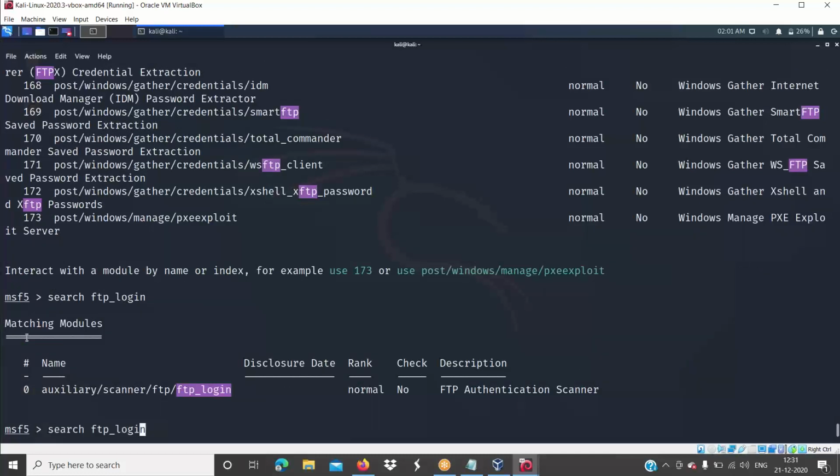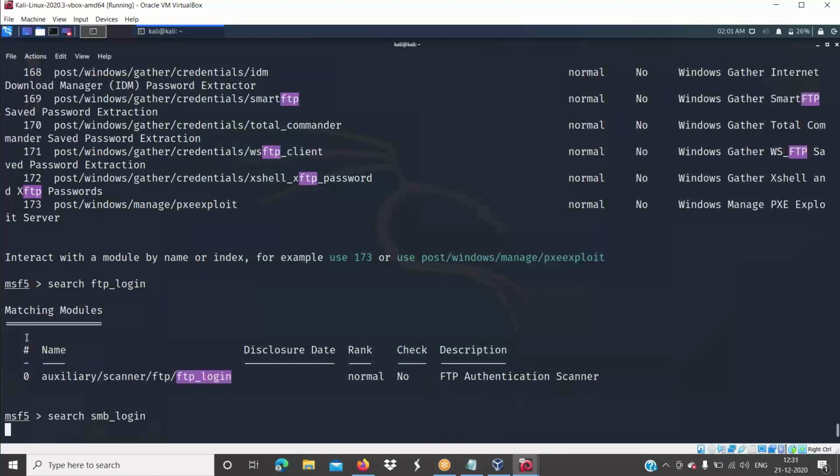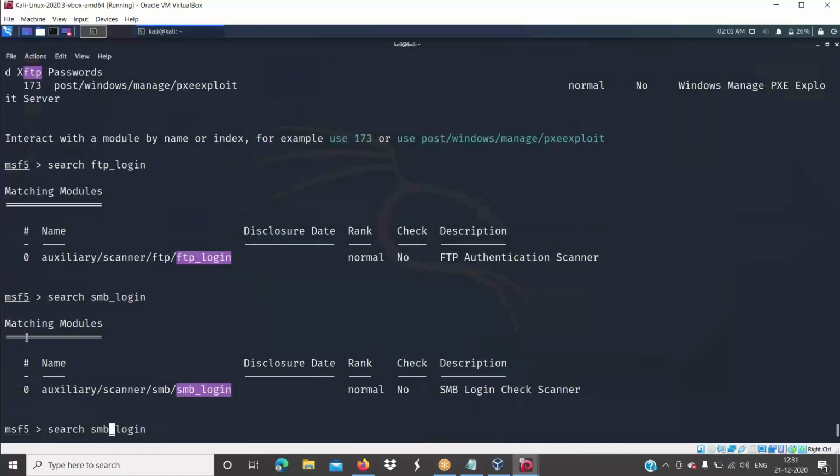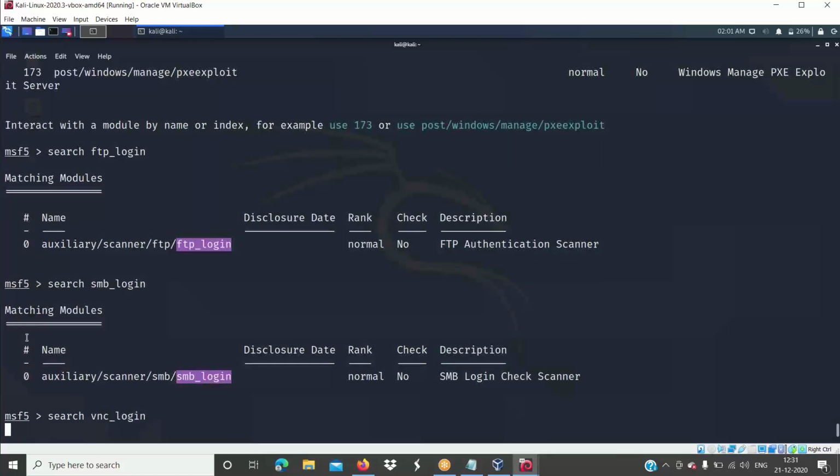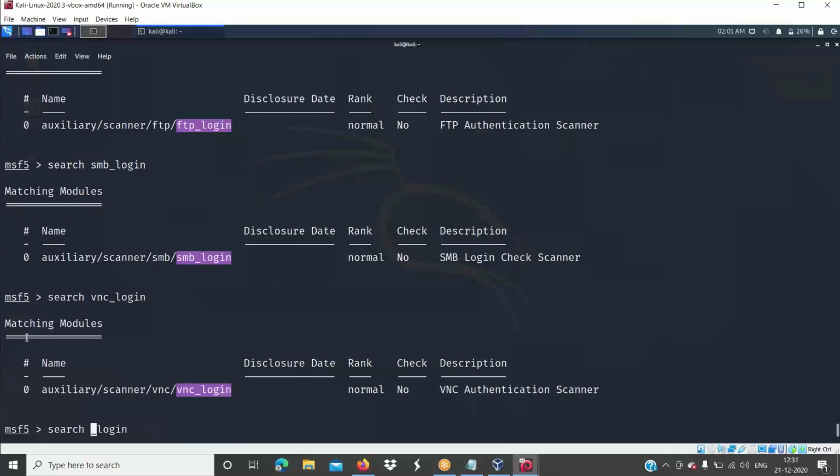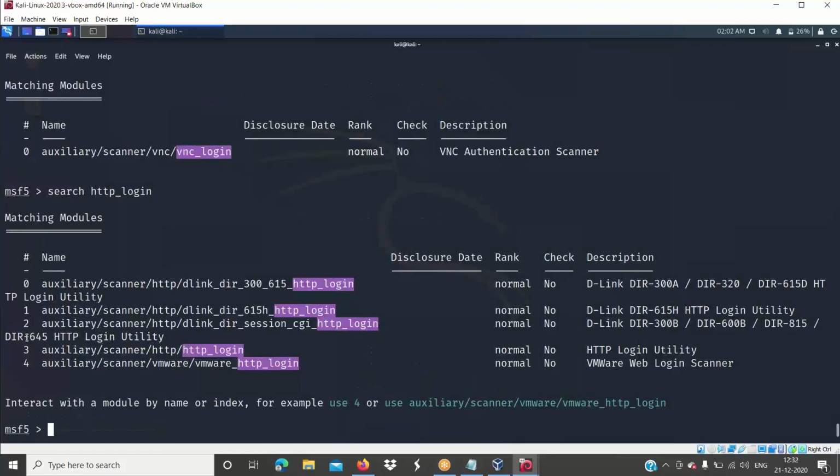Maybe you can search with any service like an SMB login script, or a VNC login script. You can even search with HTTPS or HTTP. So you have all the scripts over here. You can just use them.